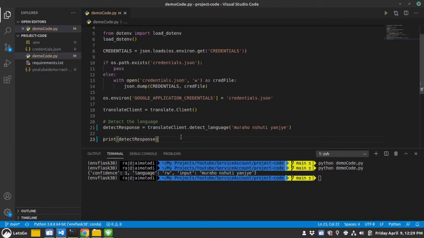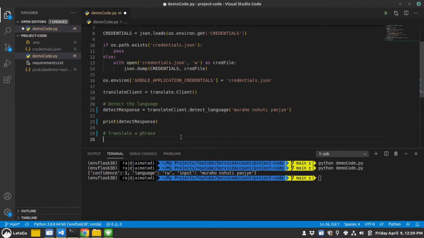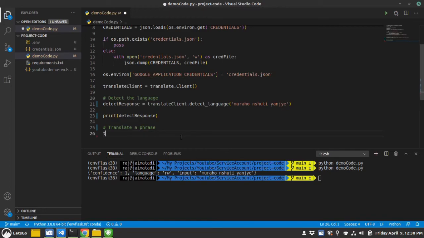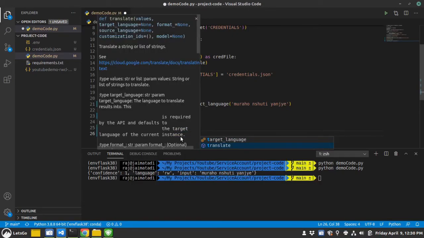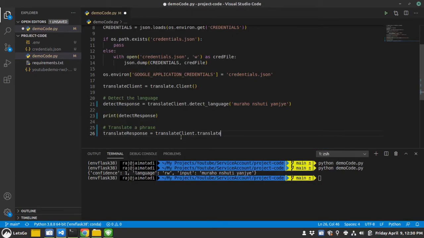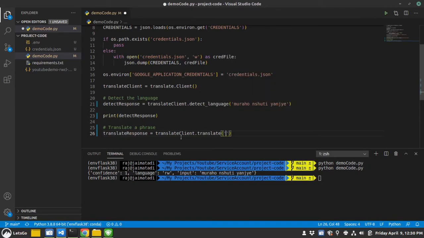So let's move to the next step, and that is to translate a phrase. So let's say translate response equals translate client dot translate, a method called translate. Obviously it will require a value which you want to translate.